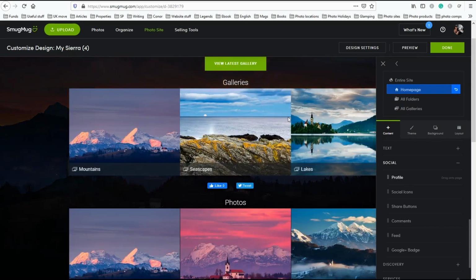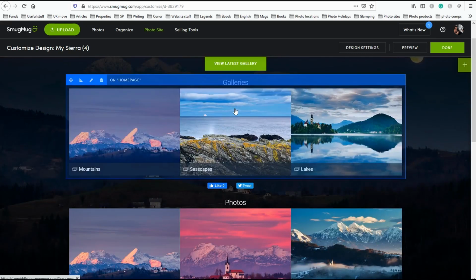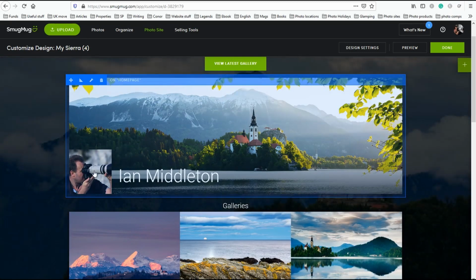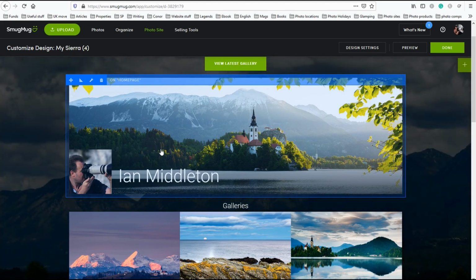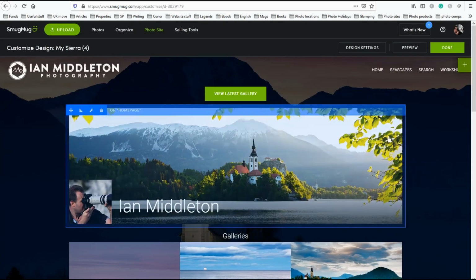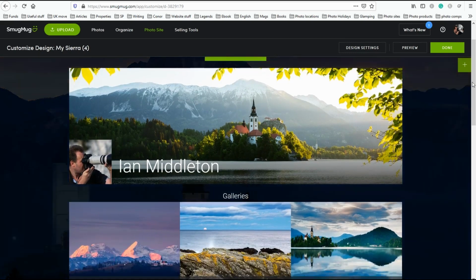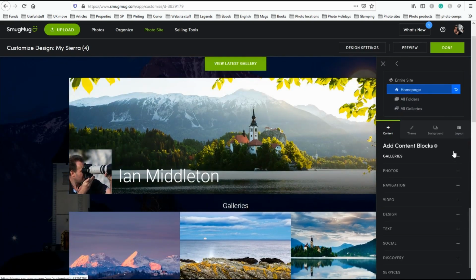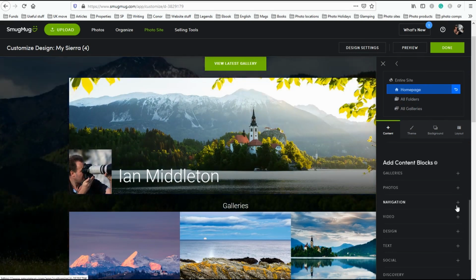Now the profile section will showcase your personal profile on Smugmug, your profile picture, your name, and any cover photo that you've set up. Okay, so typically you want to put that up the top. Okay, we'll just leave that there for now. So all of these content blocks,